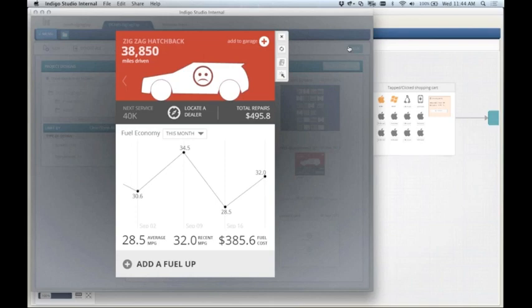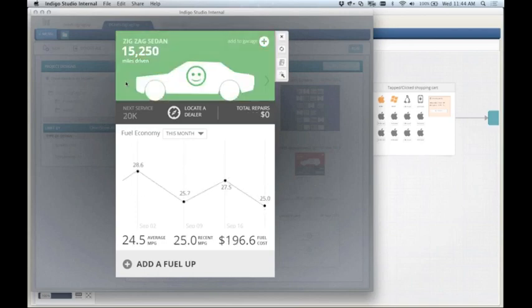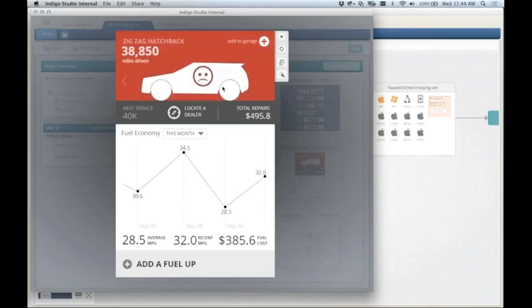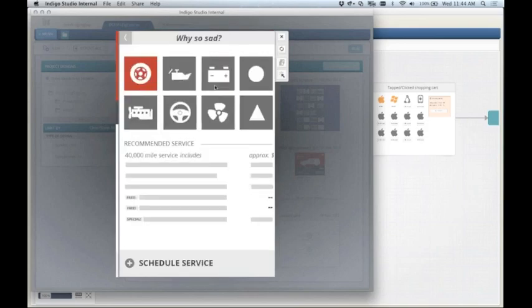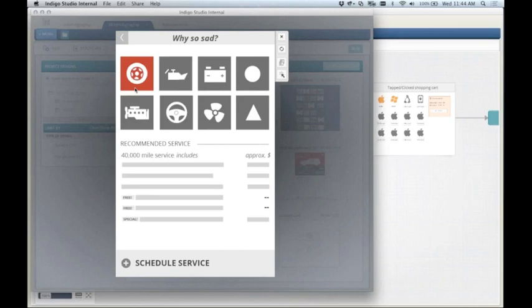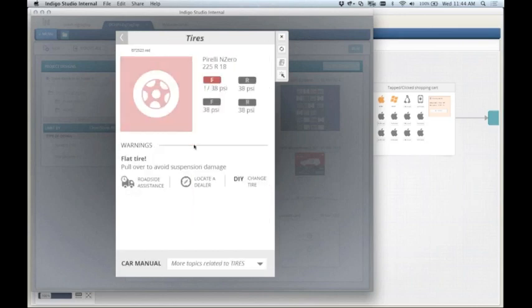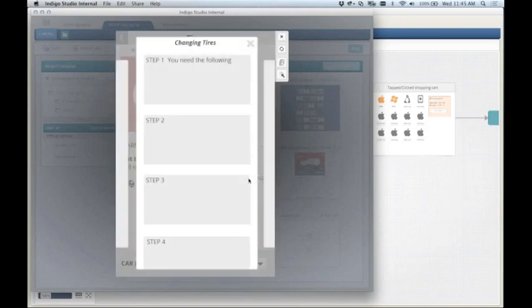So when something happens to your car, all you see is this alert on your app. You can actually add multiple cars to this particular app. It shows you fuel economy and all that stuff. But this car is particularly sad, so we can figure out what the sadness is for. It slides over, and you see that something is wrong with the tire. I can check my tire, and it says that I have a flat tire, and it shows me which tire it is. I can opt for either trying to change it myself, which most adventurous people try,